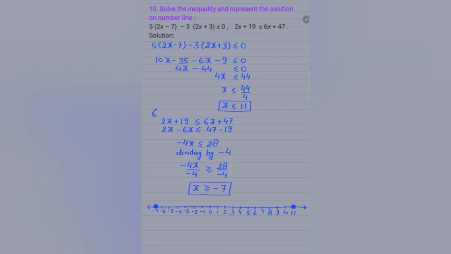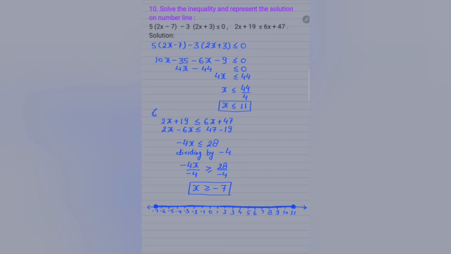Because less than equal to and greater than equal to represent the numbers including the number, that is closed interval. So from minus 7 to plus 11, the value of x is less than equal to 11, but greater than equal to minus 7. So from minus 7 to plus 11, this is the solution set on the number line. You will dark the number line, just put the scale and draw a dark line using the pencil.